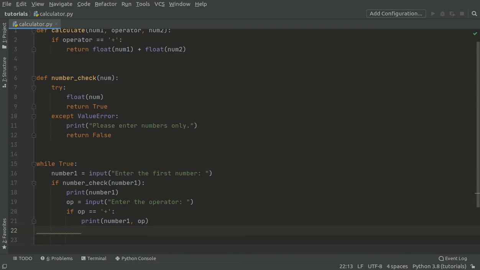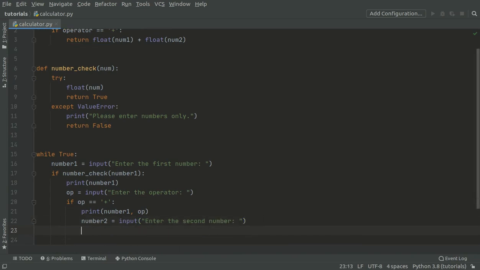And then we're going to get the second number. So number 2 equals, and it'll be the same process that we had for number 1. So first we get the input, "enter the second number", and now we need to perform another number check. So if number check number 2,